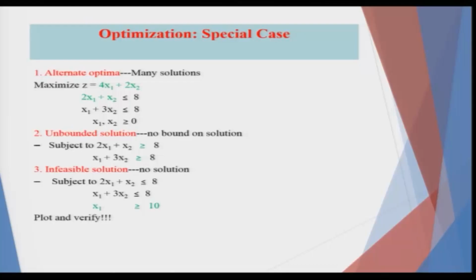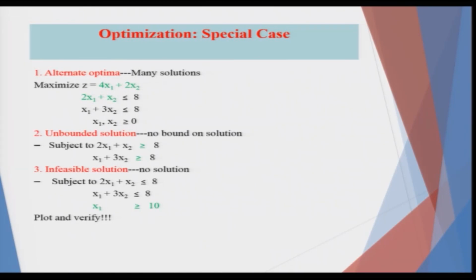There may be more than 2 also, but minimum there are 2 corner points for which the objective function remains the same, even if the basic feasible solution based on which you are getting this value of z at a fixed value may be different. In this case, I will come to the solutions later on. If you solve the maximization problem, you will have 2 different corner points for which the objective function is fixed. Obviously, moving between these 2 points, the exiting and the entering variables would give you the information that the objective function is not changing, but the corner points are different.